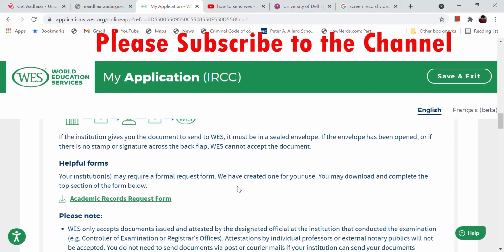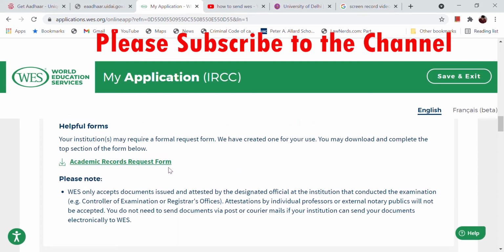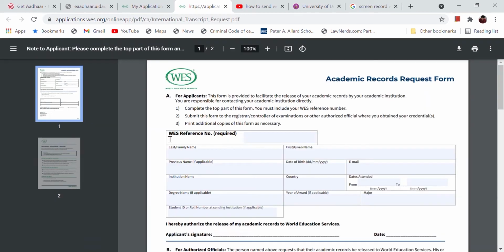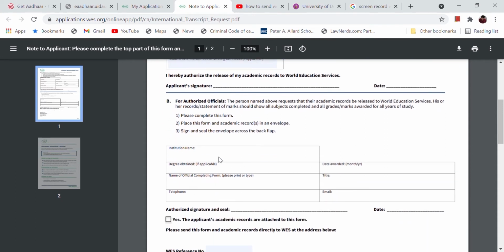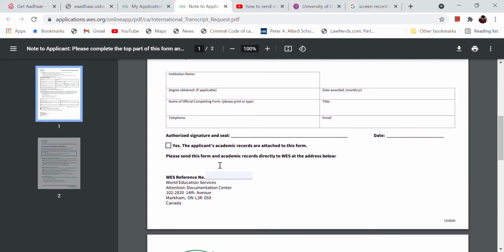Well, there are some universities that require a special request form for sending the transcripts, and WES has provided a draft for academic record request form. So you can simply download this or print this and submit to your university, and they will send this on your behalf.